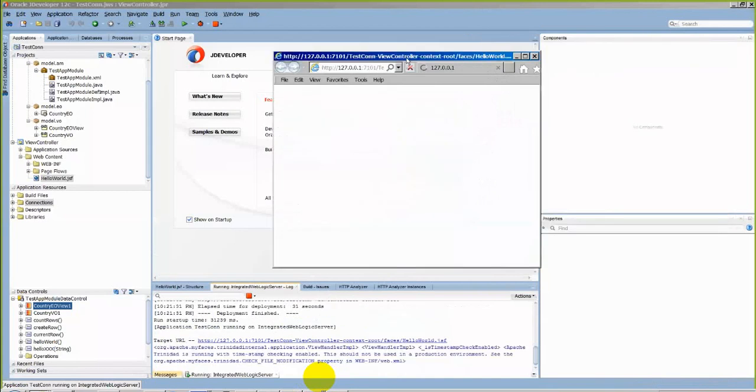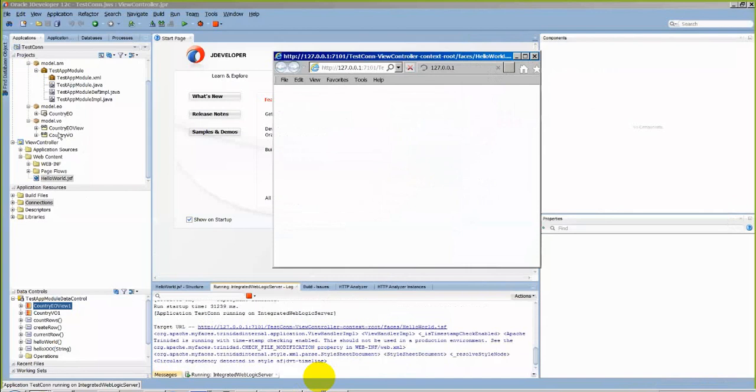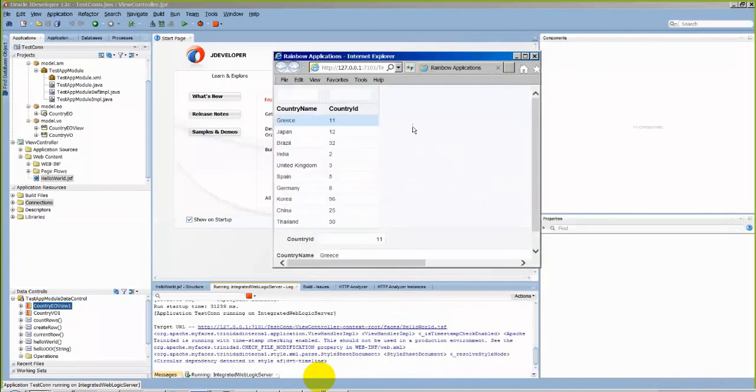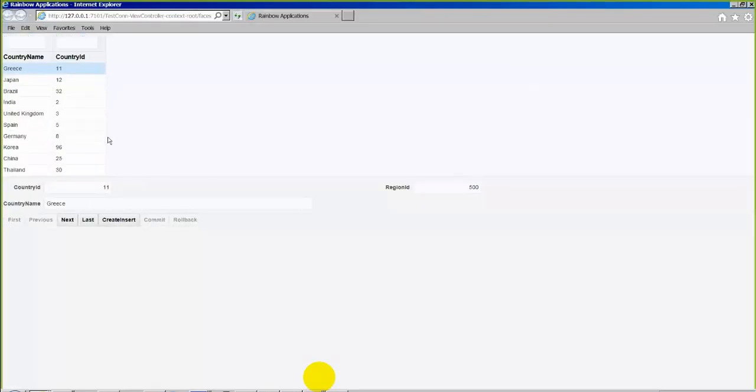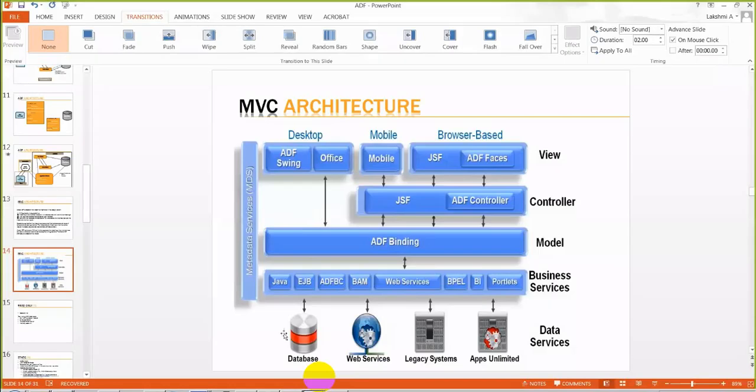Okay, last class we saw this example. Whatever data we created in the entity object and view object, we created this user interface, where you can show the data and keep working on the data. Click next, like that. Click on India and the record will come here. Many application validations we have done here. These validations are done based on our database. Now what I will do is consume this web service and keep playing around with this web service data in my